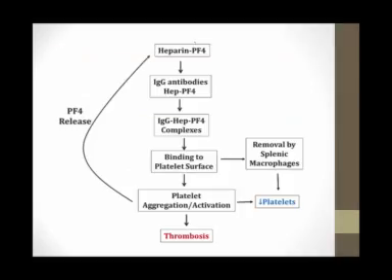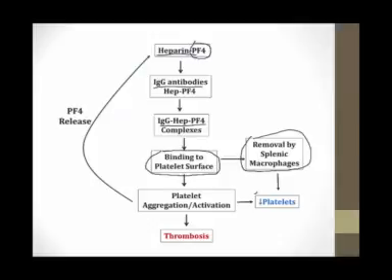To understand the pathophysiology of heparin-induced thrombocytopenia, you have to recall that platelets make a substance called platelet factor 4, which is stored in their granules. When platelets become activated, platelet factor 4 is released and it can bind to heparin. In a small number of patients, IgG antibodies will form to the heparin platelet factor 4 complexes. In turn, this will create larger complexes of IgG bound to heparin bound to platelet factor 4. These complexes can bind to platelet surfaces, and then platelets will be removed by splenic macrophages, and that can lead